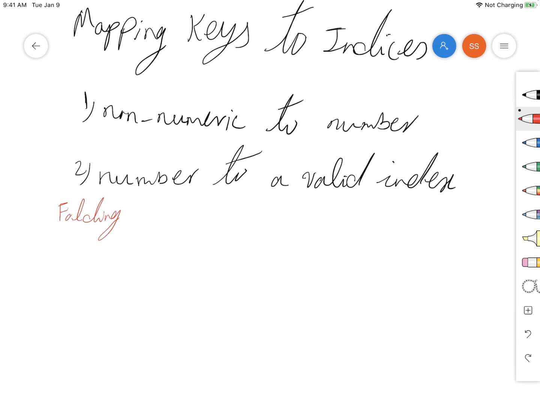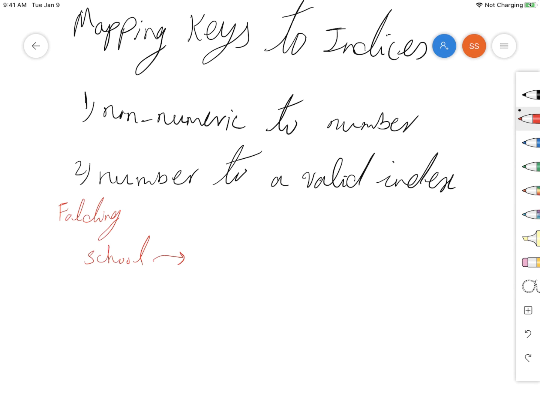Let's see one of the ways to convert the non-numeric keys to numbers. One way is using the folding approach. So assume that you have some keys that are, for example, strings. We have some name, for example, some characters. Let's say, school. This is a string. Let's say you have a database of names, or the words in a dictionary, and you would like to easily just find the words. So one way is, for example, here in this example, using the ASCII code of these characters we have here,